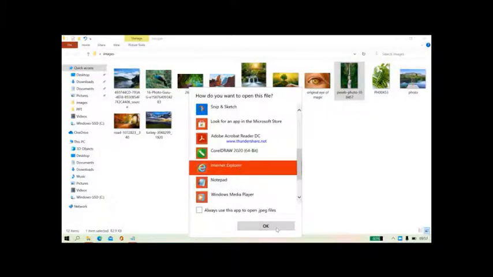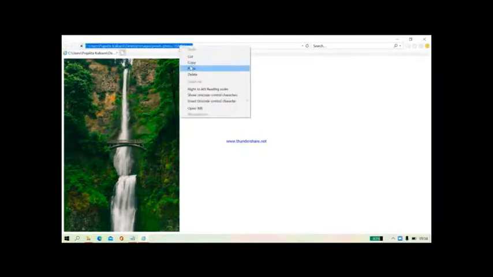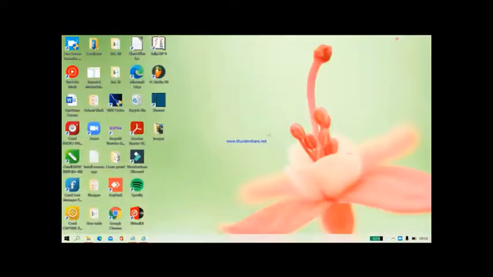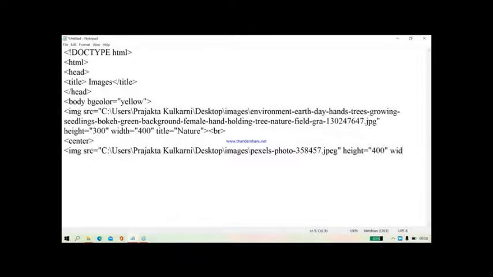So here it is, Internet Explorer. Now the image is inserted. Just right click the same way, copy, minimize this, come back to your notepad file and paste it. So this path you have got. Now this image is vertical, so I am giving height more and width less.